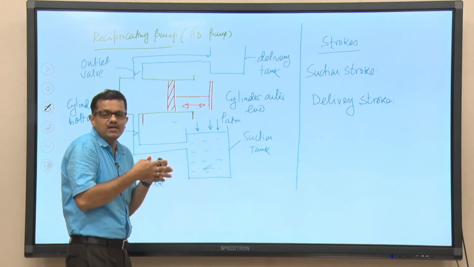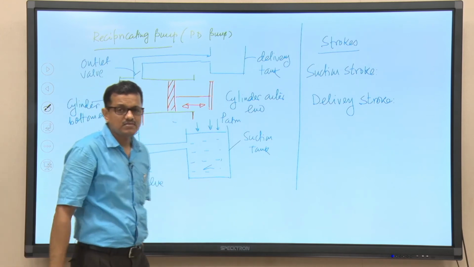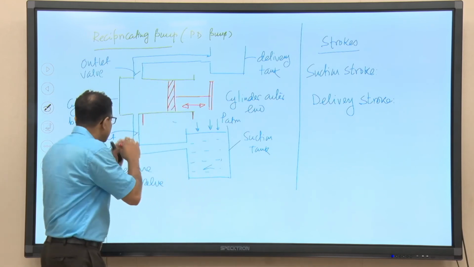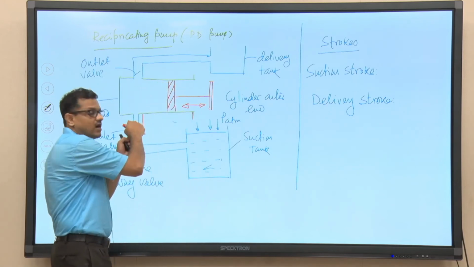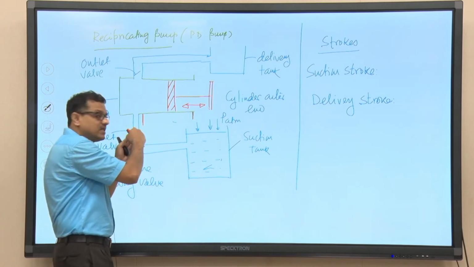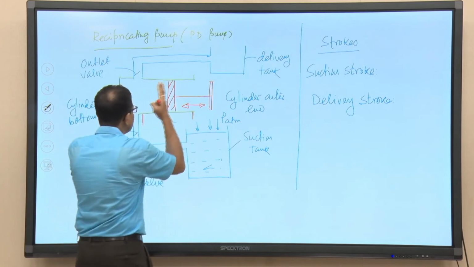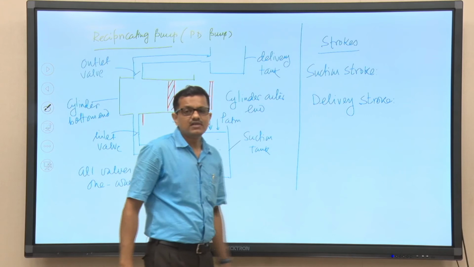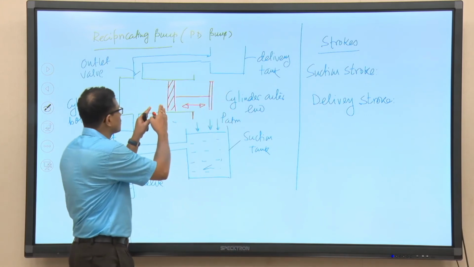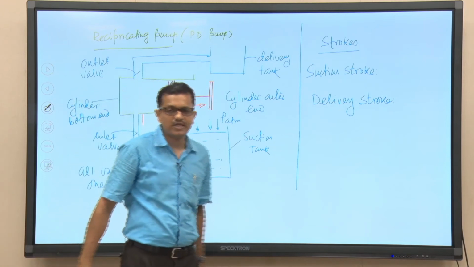When the pressure difference between the suction tank and inside the cylinder is reduced, the driving force will not be able to make the flow occur by lifting the valve, and the common tendency of the valve is to sit there and block the path. And now the cylinder is filled with some amount of liquid, right. So, at the end of the suction stroke, the cylinder is now filled with some amount of liquid.